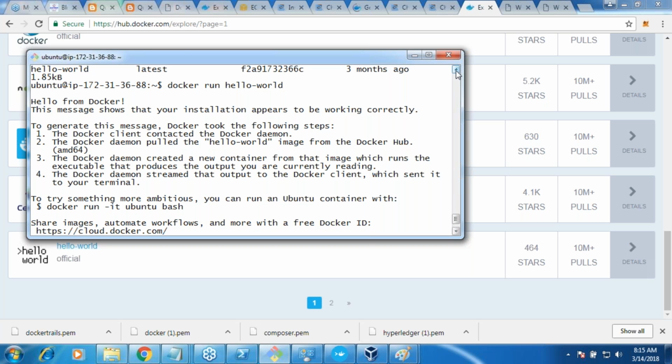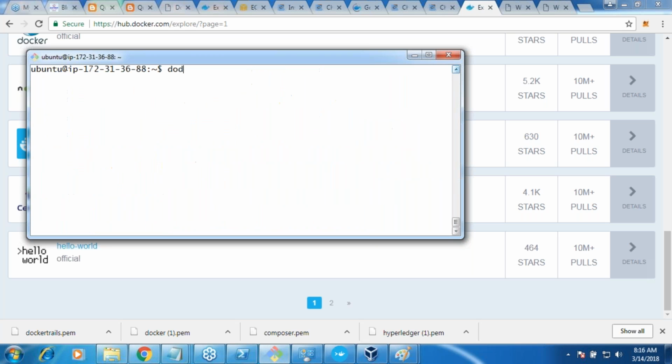No, because whenever you said Docker run, a request went to the daemon, and the daemon asked the image store, do you have an image called hello world? The answer is yes, because we pulled it before, and it directly executed it. Hello world is not a container which will run forever. It will display these commands and it will kill itself. So now if you see Docker ps, you will not be seeing hello world.